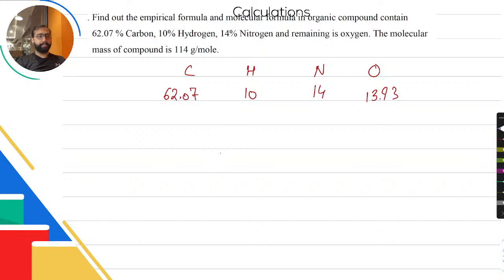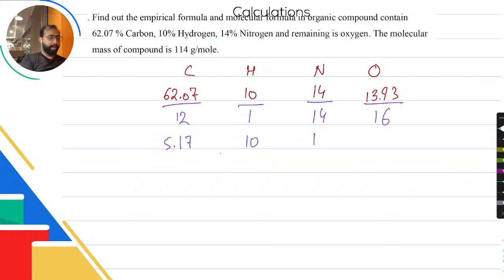Now what's the first step? First step is to find moles. So divide by its AR. So this by 12, this by 1, this by 14, and this by 16. All right, so I do that. So 62.07 divided by 12 gives me 5.17. That is 10, that is 1, and that one is